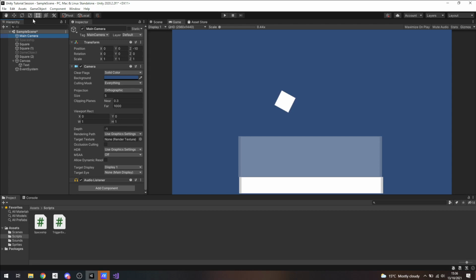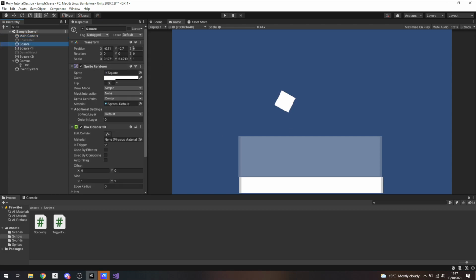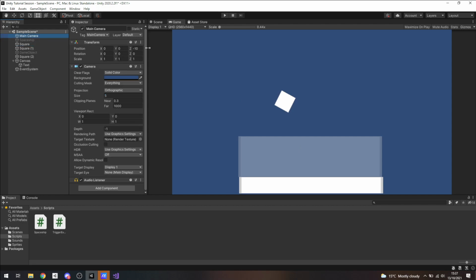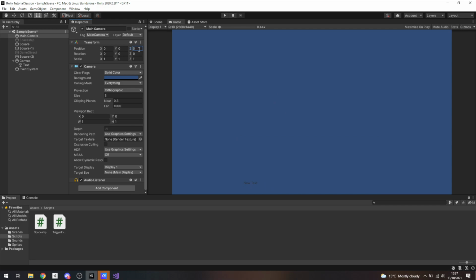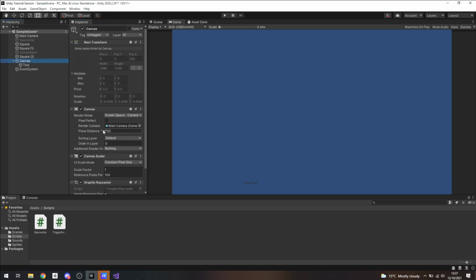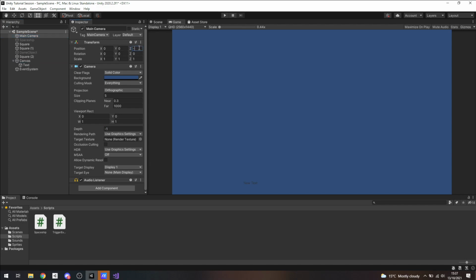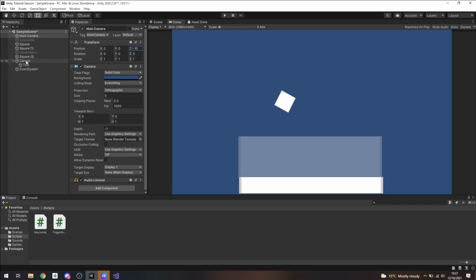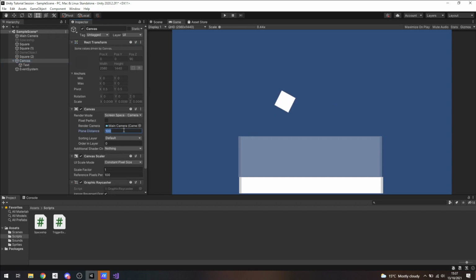What actually happens is all of the things I added, like the square earlier, is on a Z-axis of 0, but my main camera is a Z-axis of -10 because the camera is physically 10 units behind all of the 2D objects. If I were to make this 5, now it's in front of all my 2D objects, so they disappeared. I just mentioned this because, of course, with the canvas, it's important with this plane distance. I'm gonna want my camera behind all of these 2D objects, but I'm also gonna want my canvas to be between the camera and everything else. So if I make this -5,